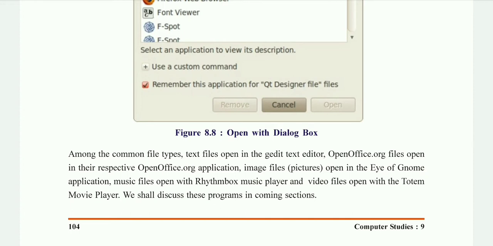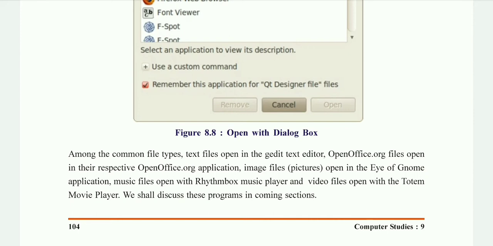We have already discussed that OpenOffice.org is the same as our Microsoft Office suite. In Microsoft Office we have programs like Word, Excel, PowerPoint. Here also we have programs like Writer, Impress, Calc. These files will open in the OpenOffice.org applications respectively.